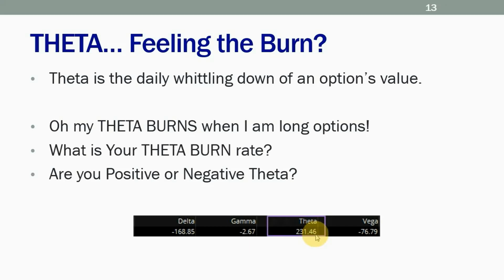By the way, this is not on a per contract basis. It's net. It's dollars and cents. Literally, it's $231. This is what we call an aggregated or accumulated theta, which effectively adds all the option contracts together in your entire portfolio into one lump sum. Pretty sweet, huh? It's a cool way of looking at it. I would take one glance at somebody's theta and say, yeah, you're hemorrhaging money because of theta. In this case, this is good, $231.